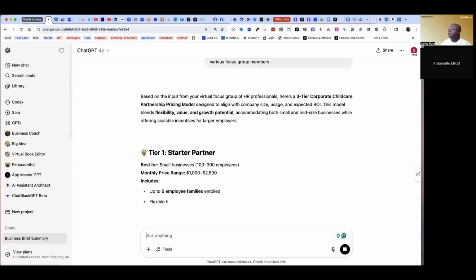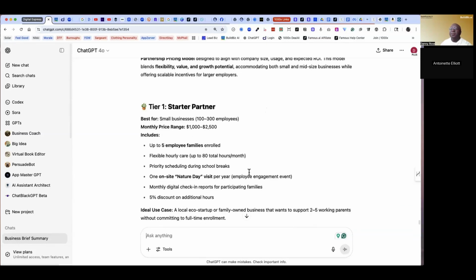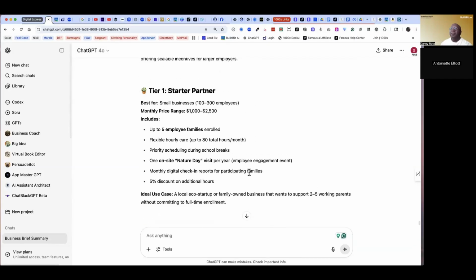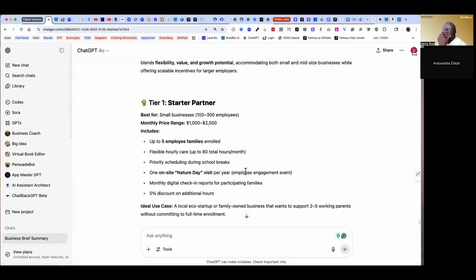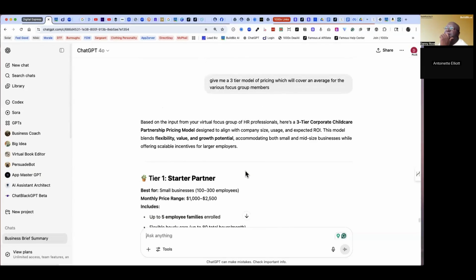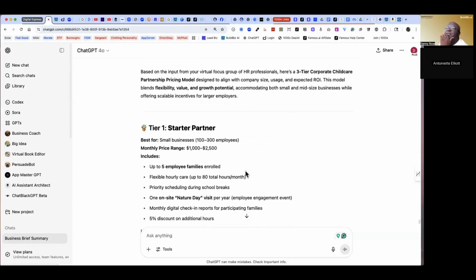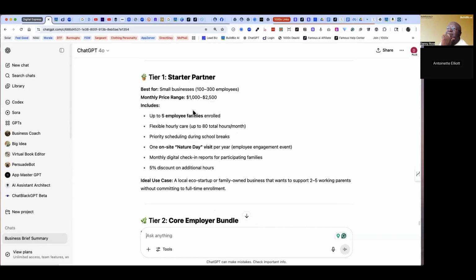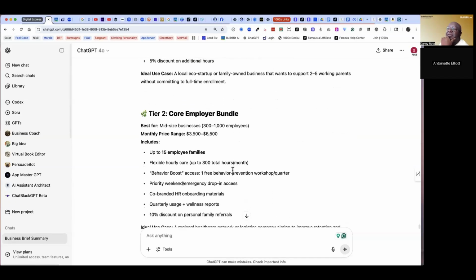Kind of curious. All right. Was this basically saying they buy the hours and then they send whoever needs the hours? It's given us options. Okay, this is a three-tiered corporate group partnership. Yeah, this is a partnership pricing model. 1,000 to 2,500, up to 5 families and rentals, 80 hours. In other words, you're creating corporate pricing.